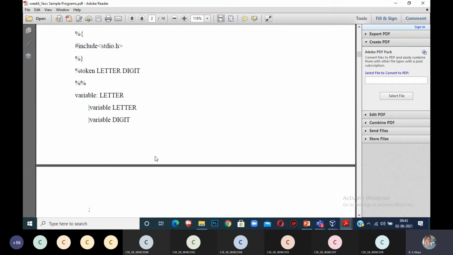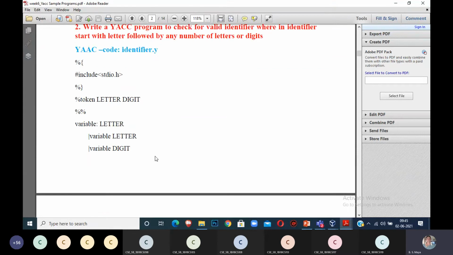See, you know how to write a grammar. You write so many grammars in FLAT, in ATCA. The same way you know how to write palindrome, how to write 0 to 1 grammars, and all those things. The same way, how to write an identifier? We have to start with one start symbol. My start symbol is variable. So the variable follows only letter. I can say that an identifier can be only one letter. See, if I write A, A is also a valid identifier. Then after that, the identifier can be a letter followed by any number of letters or digits.